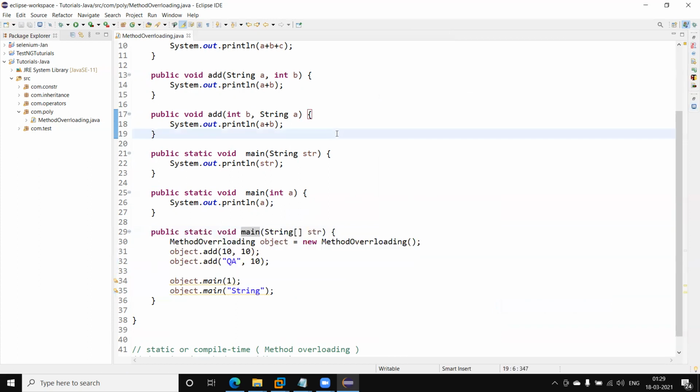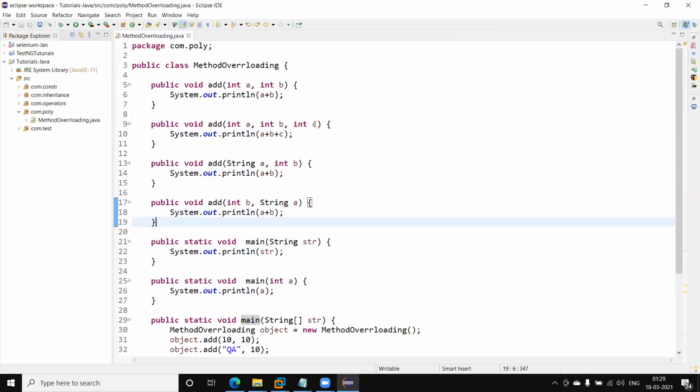Okay, now let's move on to the other type of polymorphism, that is known as method overriding. Method overloading we can perform in a single class, but when we are talking about method overriding, in that case we have two classes, one is the parent class and one is the child class.